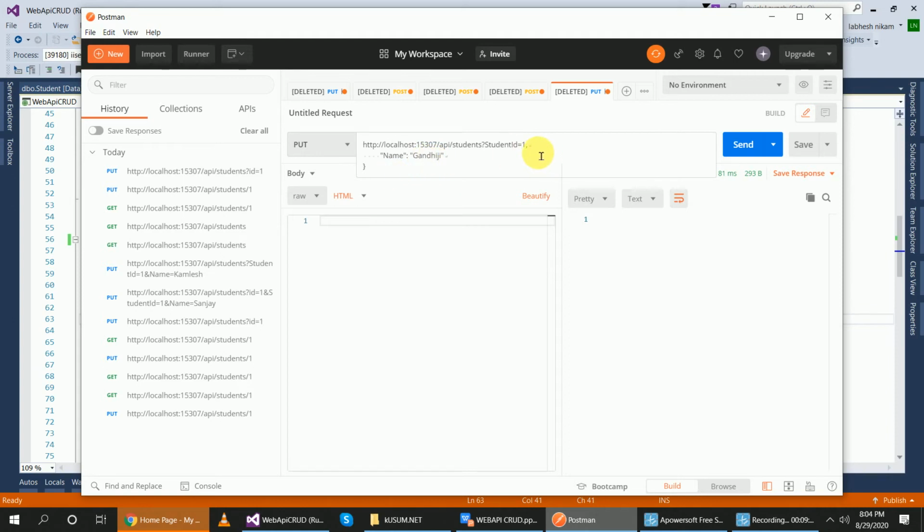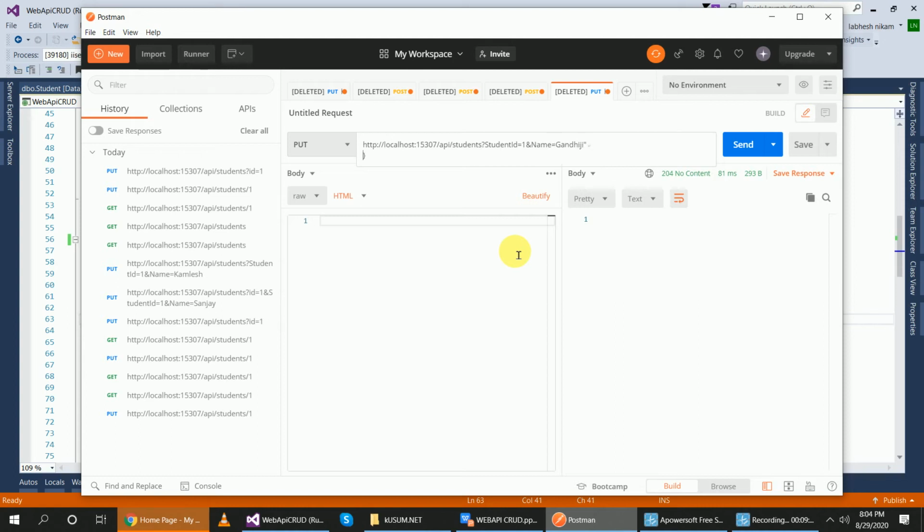Remove this comma and press ampersand name equal to Gandhiji.